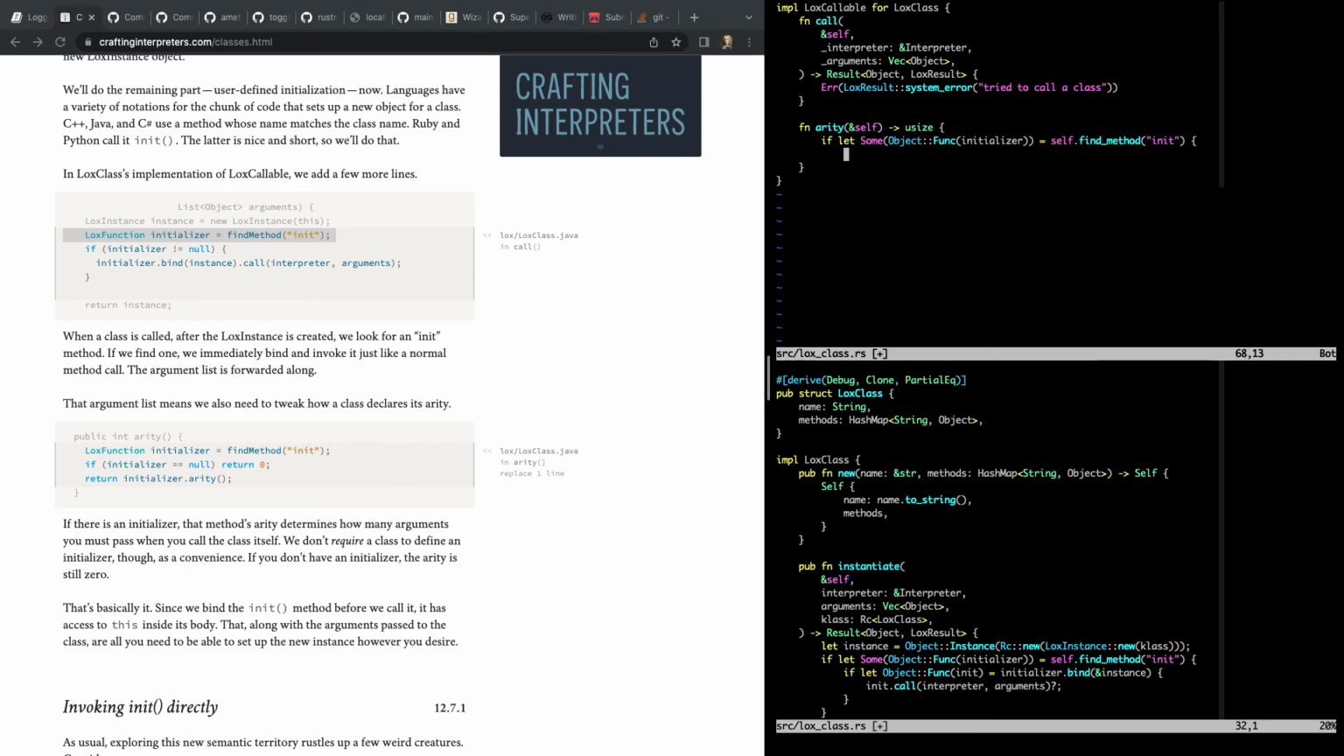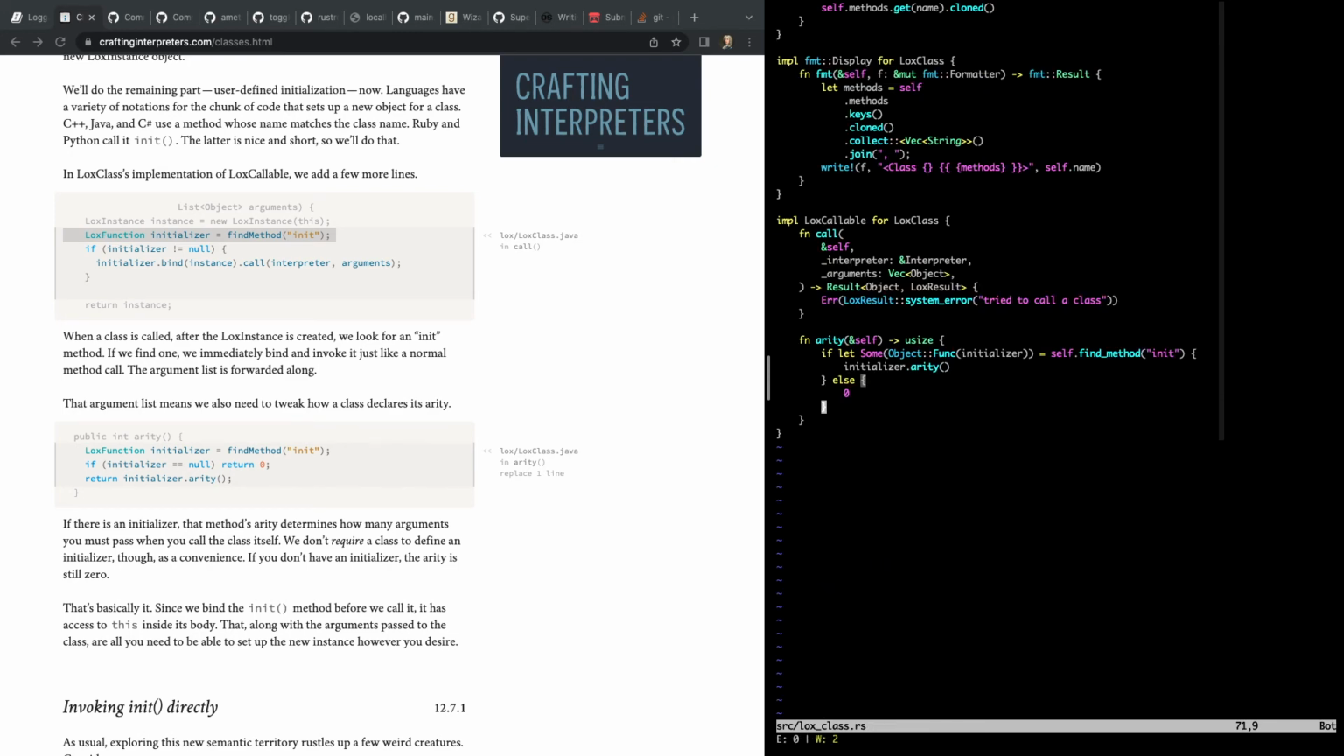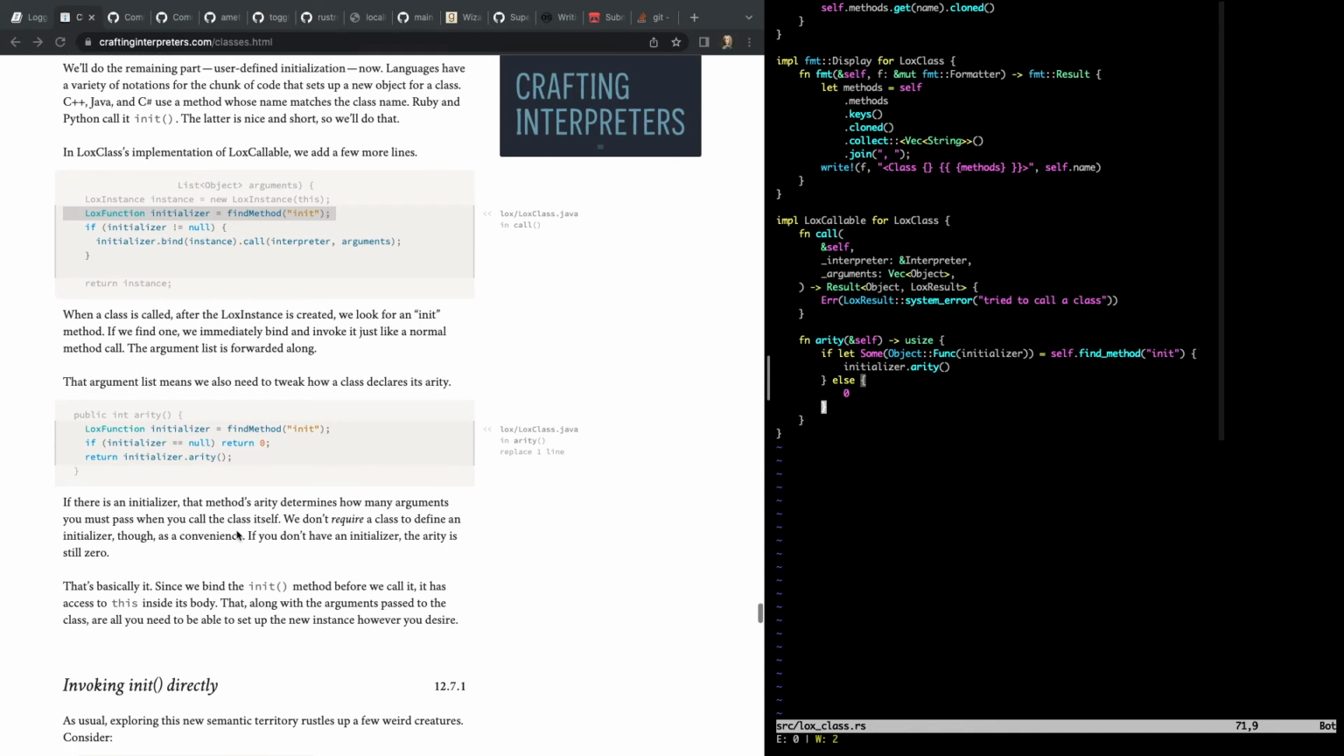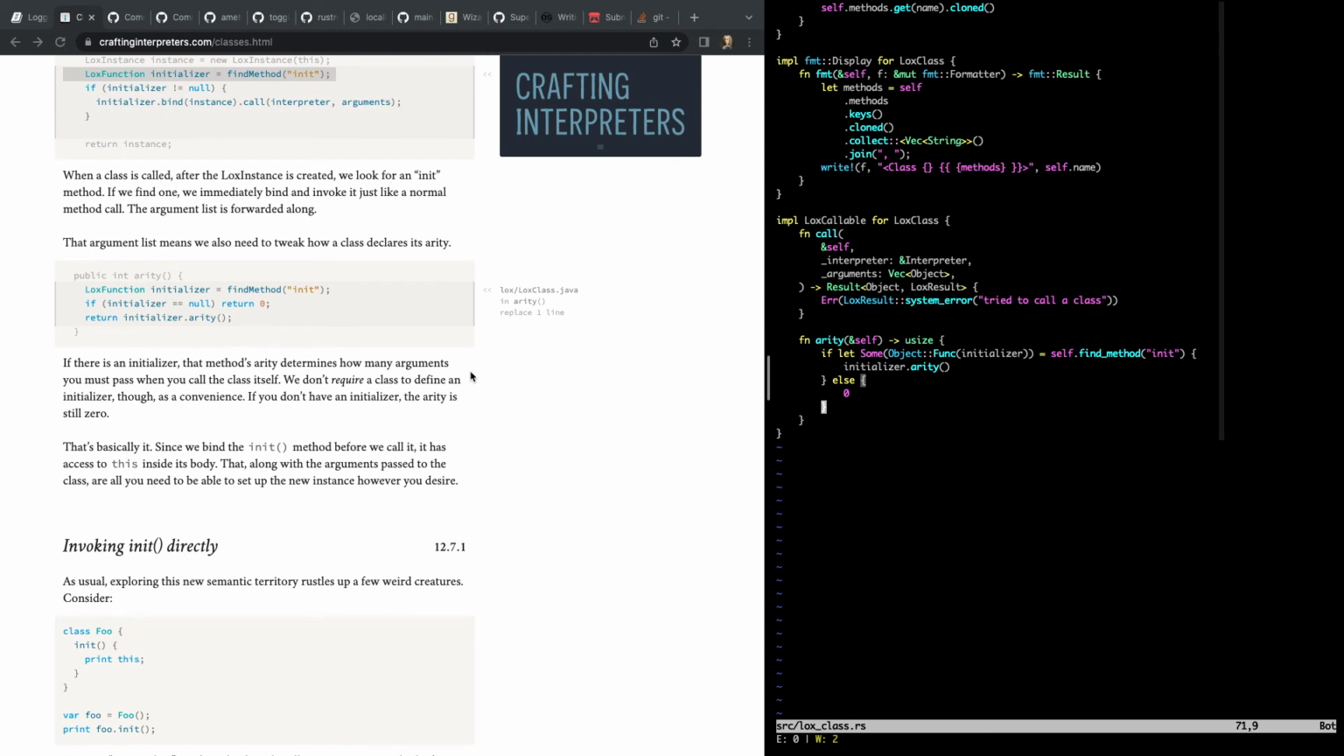And return the initializer. Sorry, the number of arguments in the initializer. So we can just say initializer.arity, otherwise 0. Yeah, that works. If there's an initializer, that method's arity determines how many arguments you must pass when you call